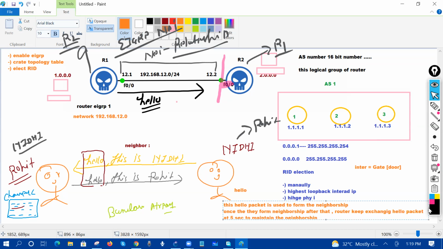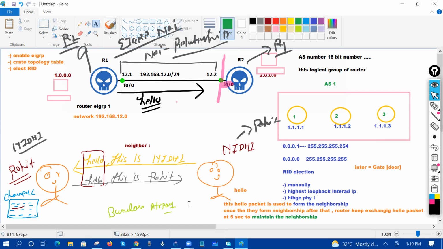So first it is used to form the neighborship, and after that, once they have formed the neighborship, this is used to maintain it and they will send the hello packet every